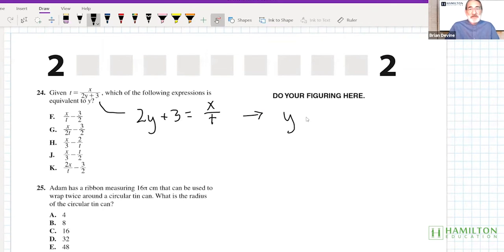So y is going to be x over t minus 3 all over 2, which I can clean up as x over 2t minus 3/2. And G